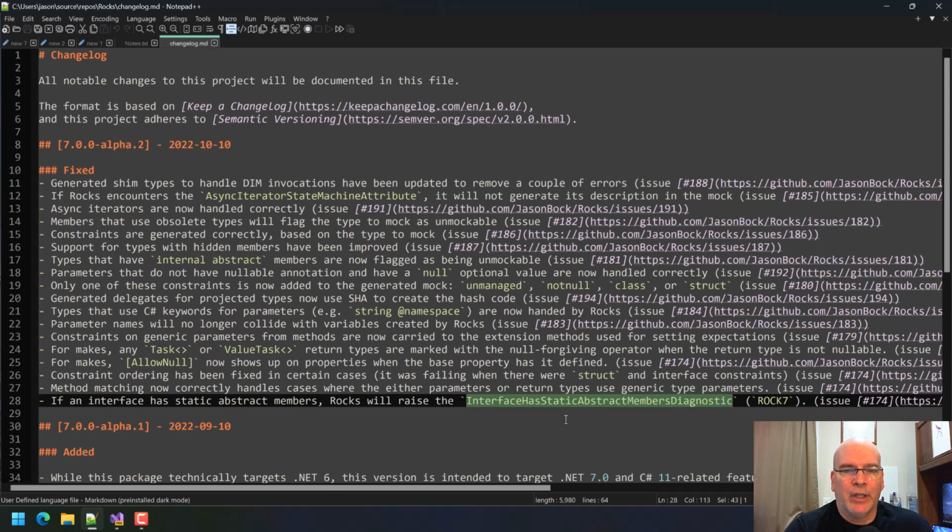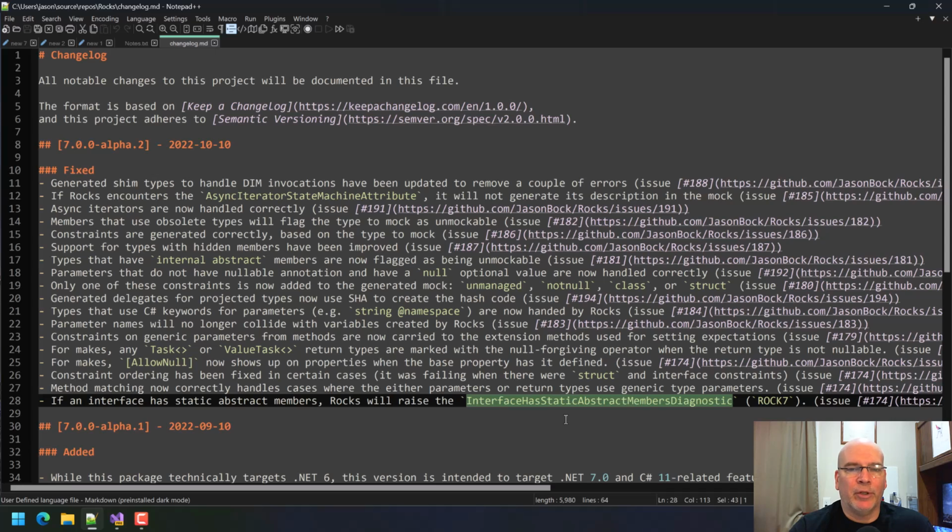Constraint ordering has been fixed. So there were some cases where, and you'll see this with a couple of other issues, constraints that were being emitted have to be in a certain order. And trying to find out what this order was, I didn't find it documented anywhere. So I even asked out on a Discord channel that the C# team watches, and they said they didn't know offhand, even where in the code it says, here's the order that must be enforced. So after a couple of experiments in SharpLab, I figured out what order they should be put in.